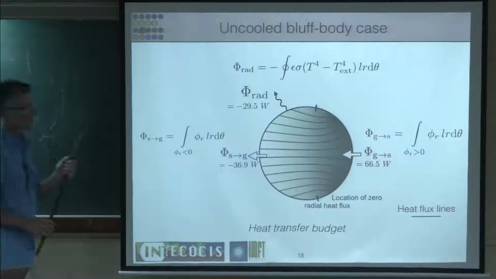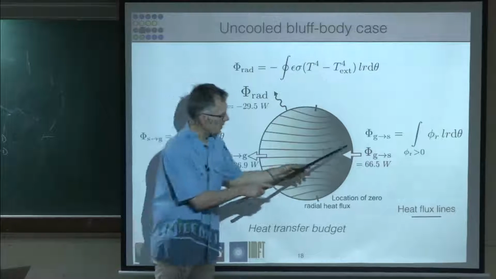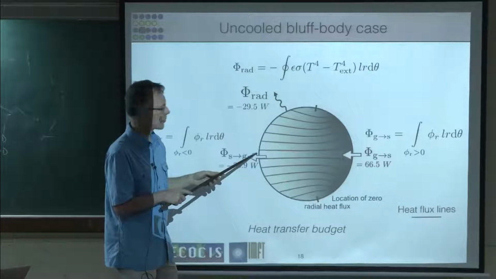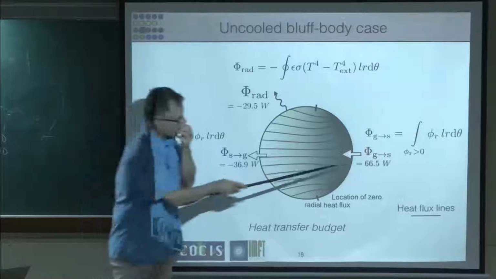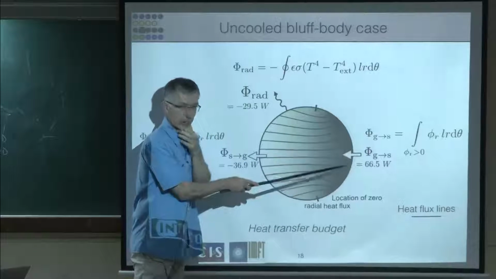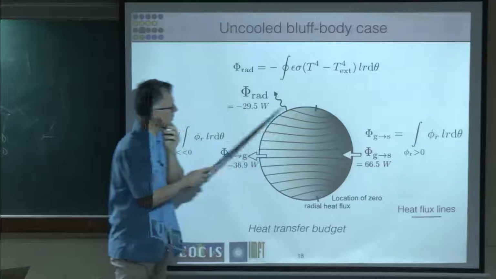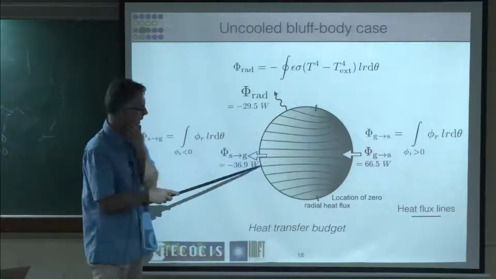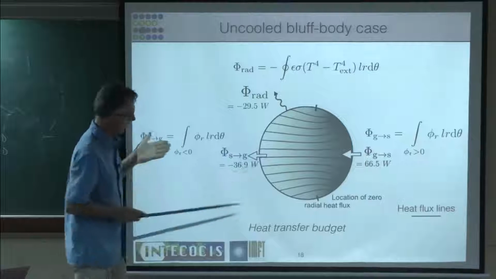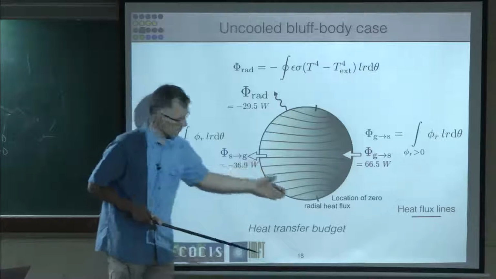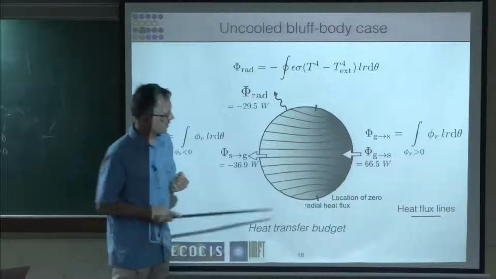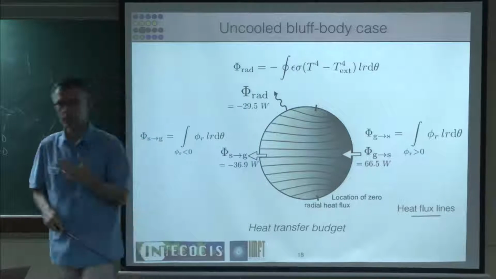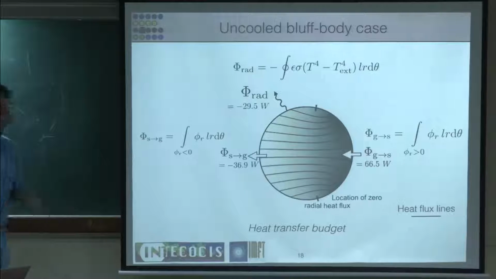So this is the temperature profile in the uncooled case. As you can see, the temperature isocontours are like this, which means that flux is entering here and leaving on the other side. There's about 60 watts here coming from that side, which is the hot side, and this 60 watts goes into 30 watts by radiation and 37 watts by conduction. So the fresh gases here are cooling the cylinder, but the cylinder also gets cooled by radiation. And as you can see, this is about 2 times what we had for the cooled case. So the cylinder now gets much warmer, it gets more flux.